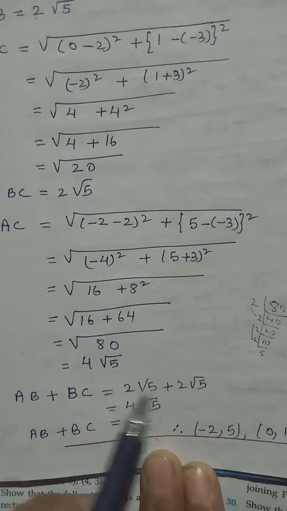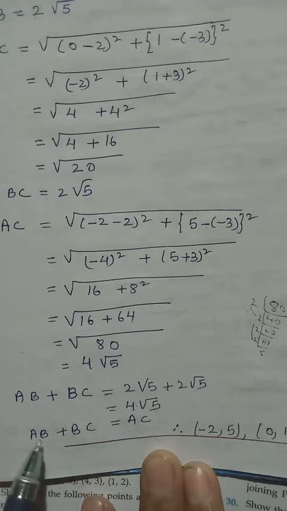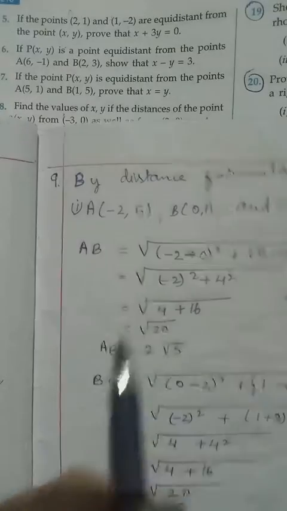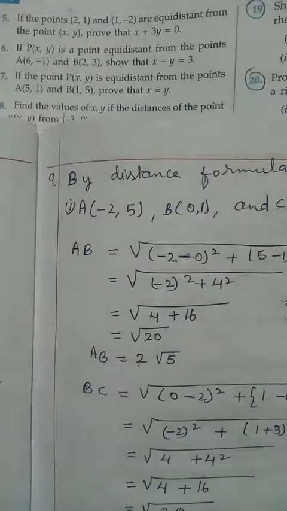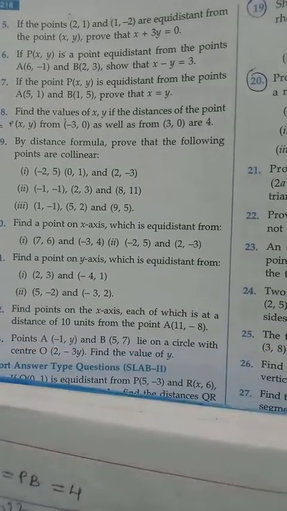So since the smaller two, when you plus them, equal the bigger one, that means the given points, they are collinear. Then next, if we see number 9(2),